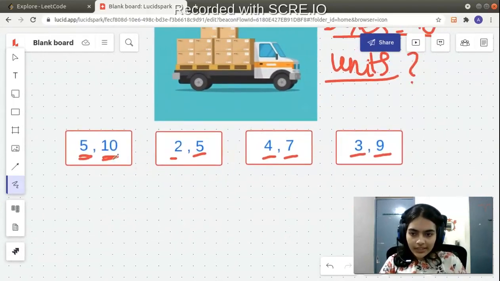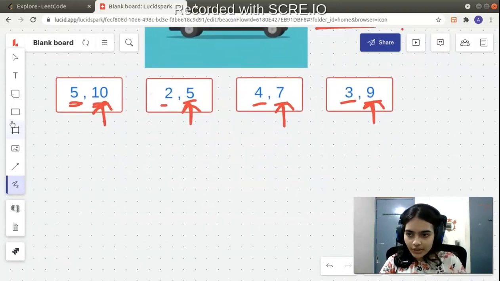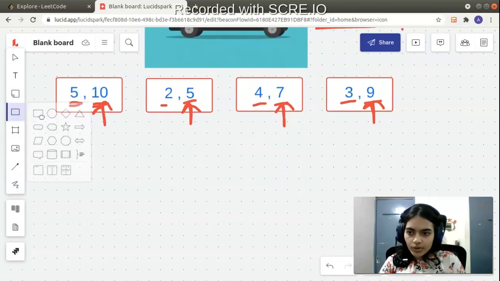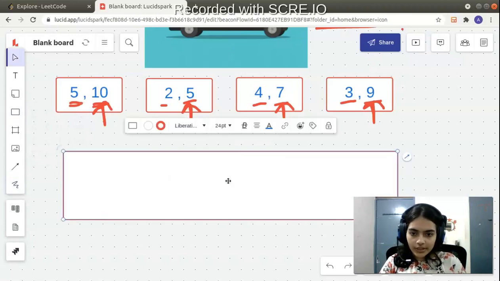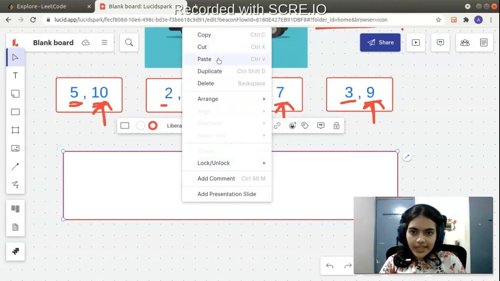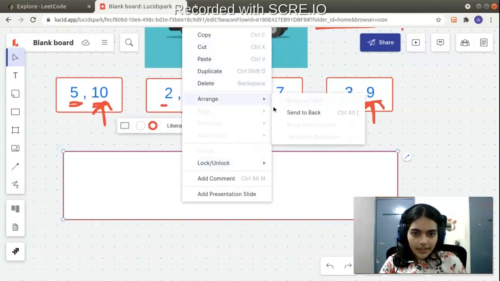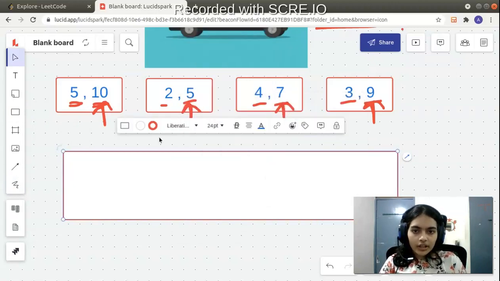In this given example, the second parameter represents number of units. So we can see that if we sort the second parameter somehow, then we will know which is having the most number of units. So that is what I am going to do. I am going to have a structure that is going to sort them by the second parameter, which is the number of units. So this is my structure, and I am going to place in the structure sorting by the order of the number of units.